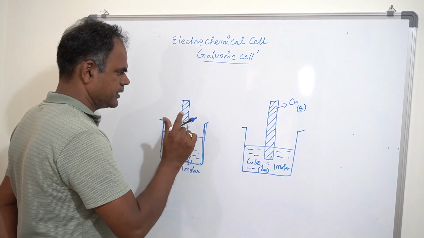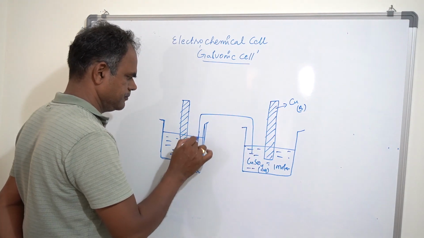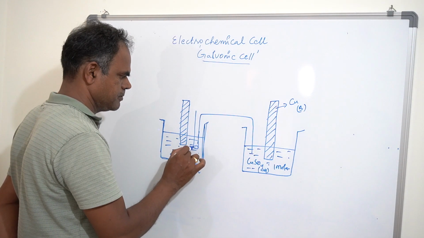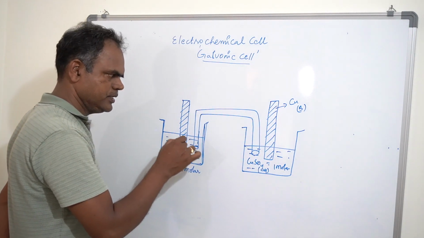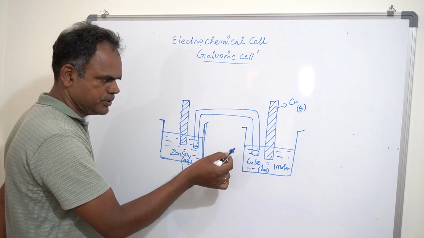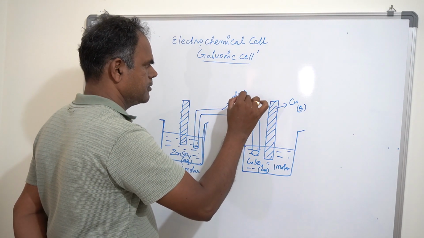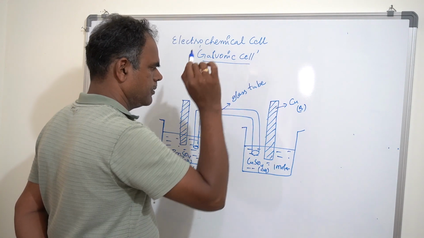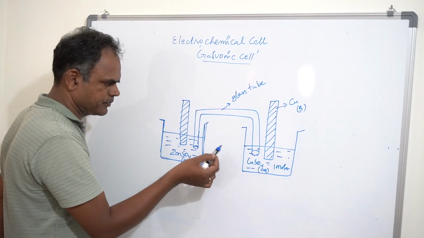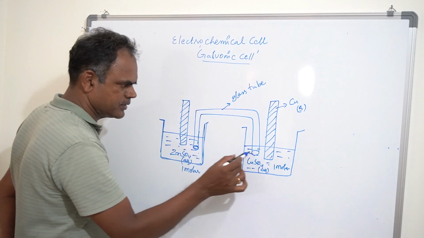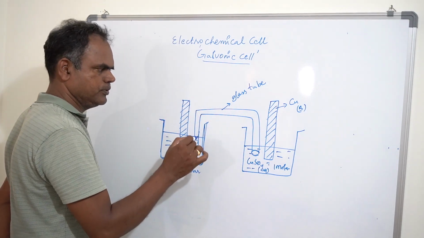Both half cells are connected by using a salt bridge, which is an inverted U-shaped glass tube, and it has both openings at the ends,